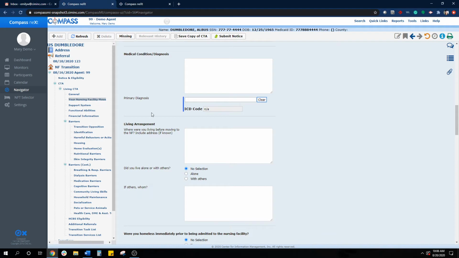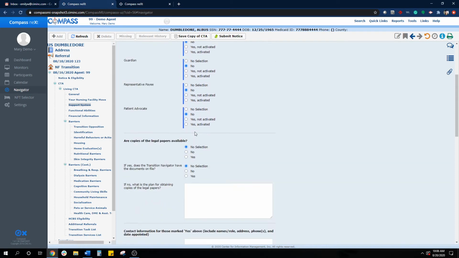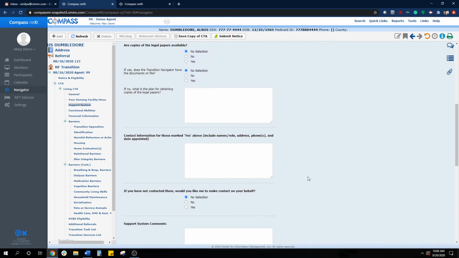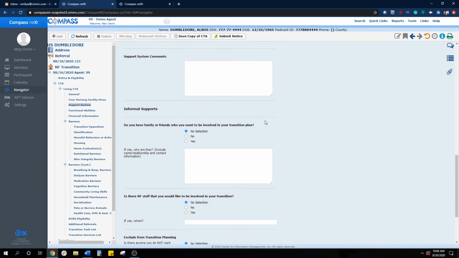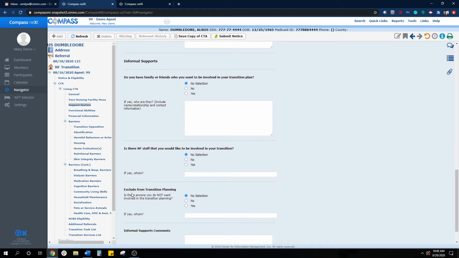All right, so the next section is support system. So support system is just a place to record the participant support system. There's a place to enter decision makers, if there are any. If there are none, you can use this set all to no button, which will set all these fields to no. Then there's some follow-up questions about decision makers if there are any. And then there's a place to enter informal supports if the participant has any, and people that the participant might want to exclude from transition planning. So that's the